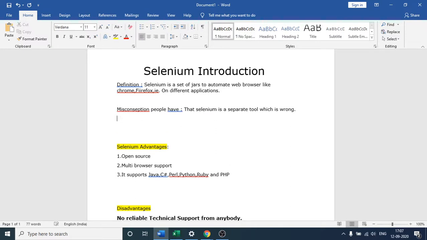Selenium is simply a collection of jar files. As of now, is it clear what the definition of Selenium is? It is not a separate tool, it is just a collection of jar files. I will come to what these jar files are. Is it clear to you all?